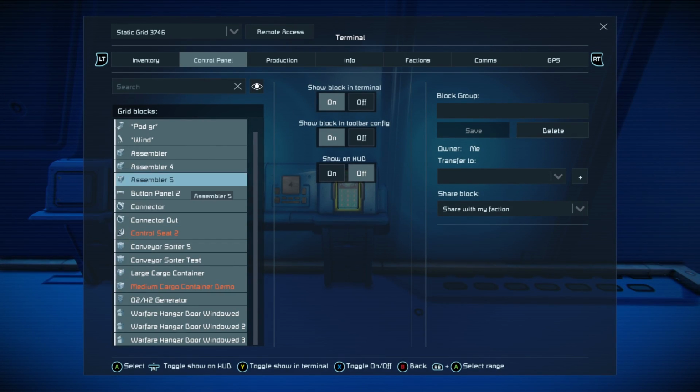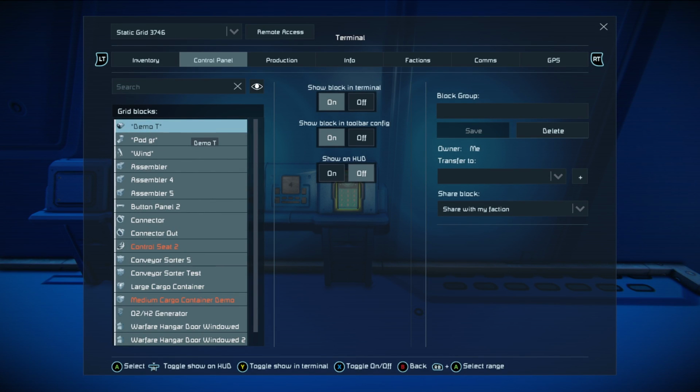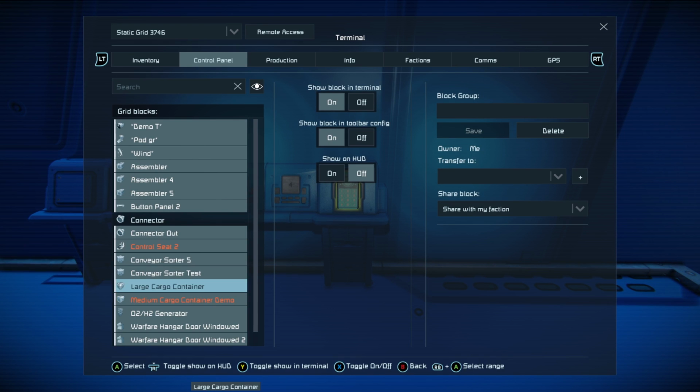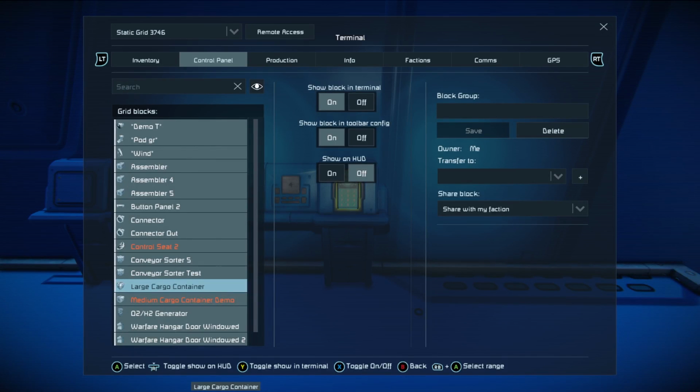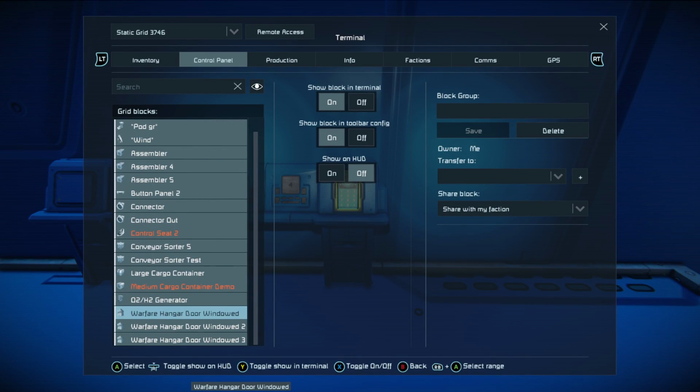but it's the grid. If we wanted to take a part of that grid out of our selection, hold down the right bumper and press A, and then let go of the right bumper, and you'll see the connector is now no longer part of it. Same deal with connector out, right bumper A, and that way you can just keep the right bumper held down if you want to move through your list, and put things on and off by pressing A until the whole thing is back to normal.